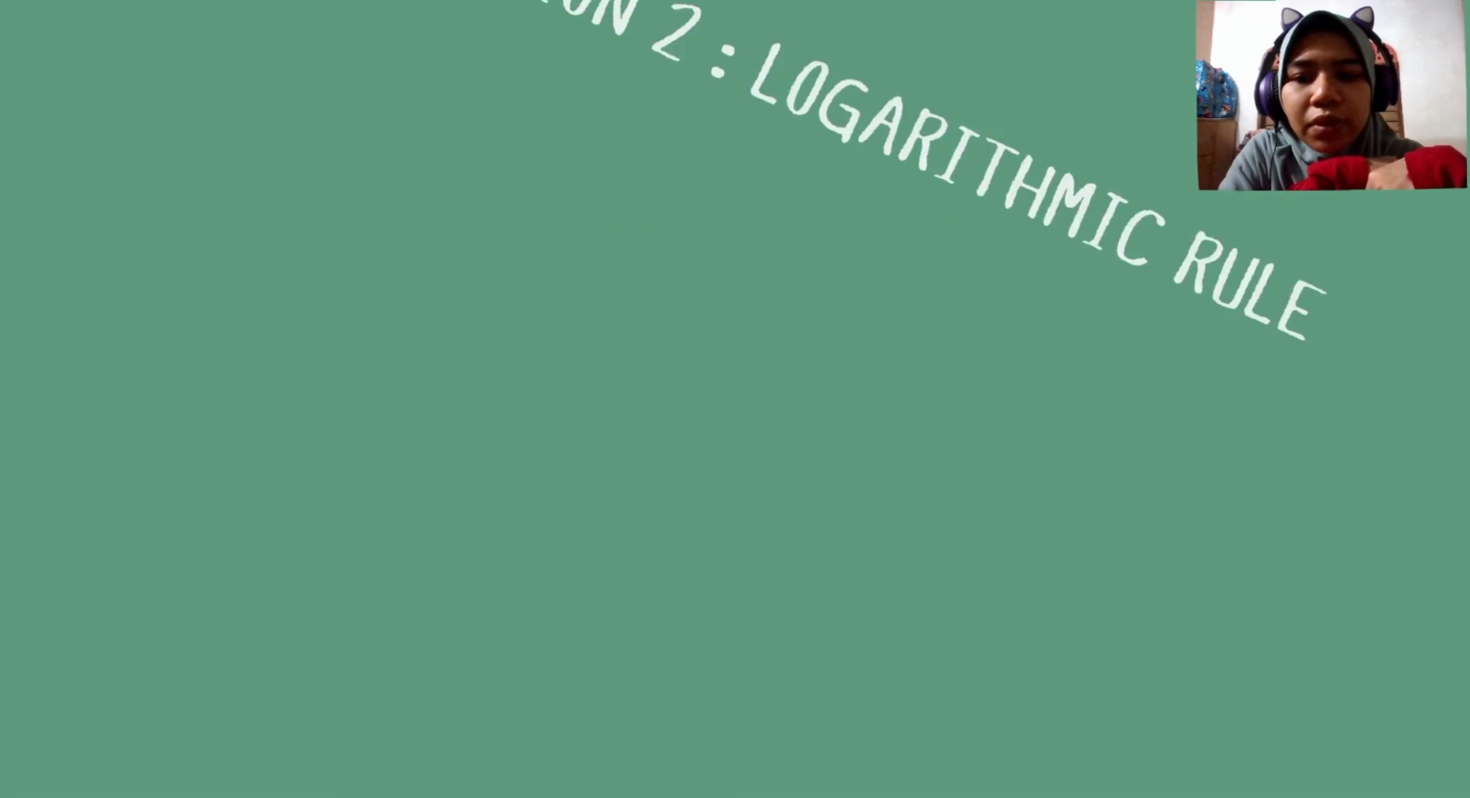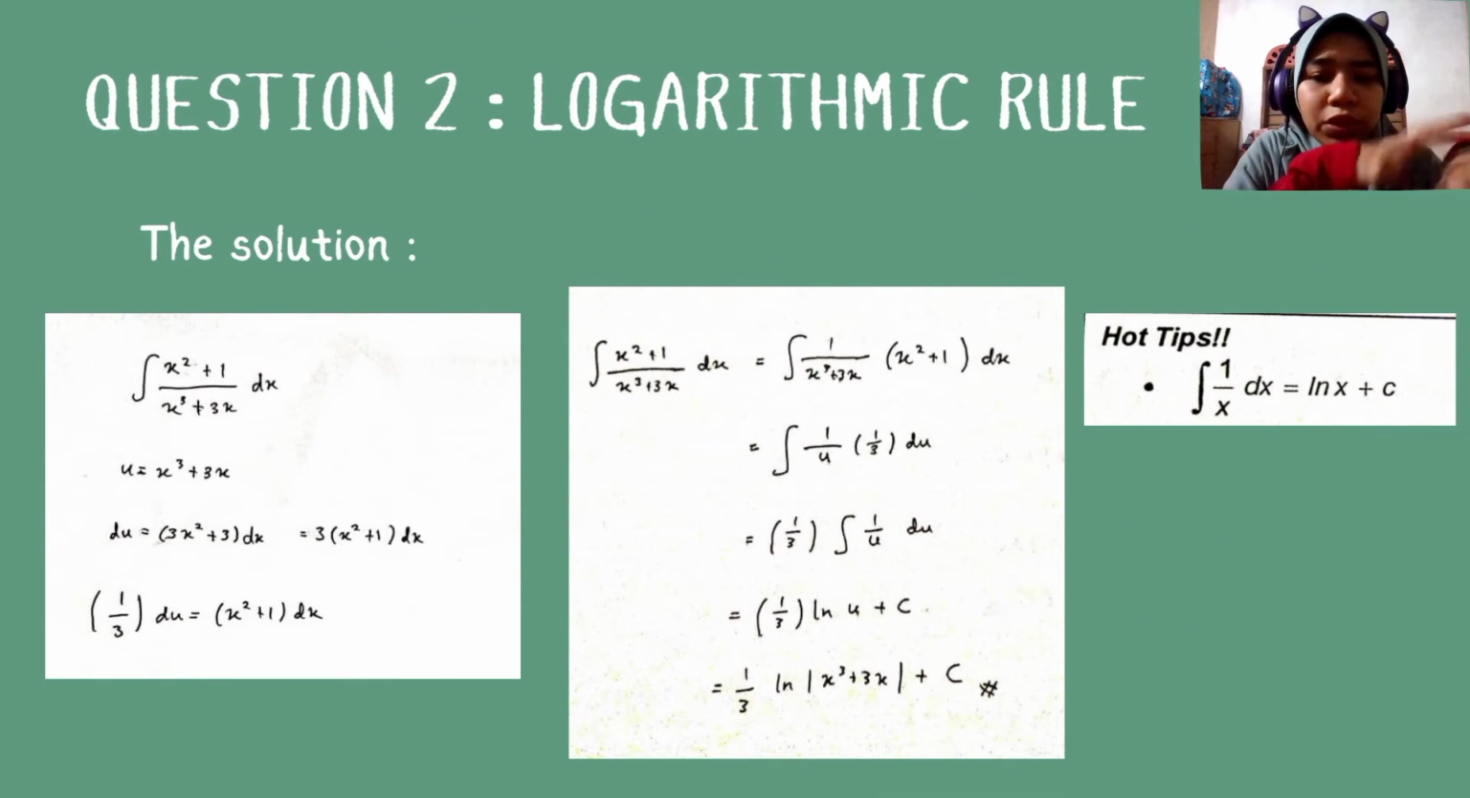Okay, next. After we know what u and du are, we will simplify again until we get 1 per 3 du equals x power of 2 plus 1 dx. Next, we will write down the question again, and then it is equal to, we will simplify the question. It will be integrate 1 per x power of 3 plus 3x, and the x power of 2 plus 1